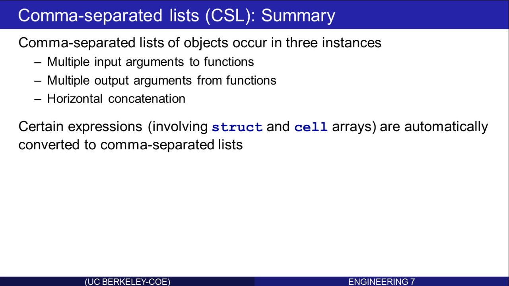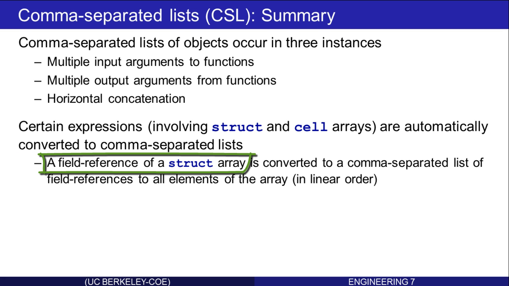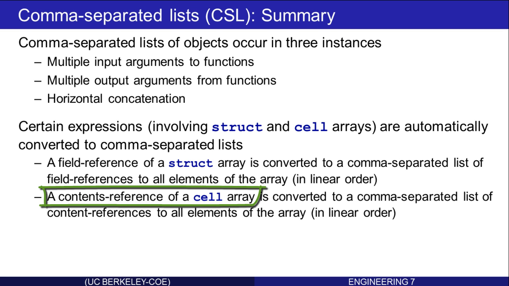Certain expressions involving cell arrays and struct arrays are automatically converted to, or can be thought of as shorthand for, comma-separated lists. A field reference of a struct array is converted to a comma-separated list of the field references to all the elements in the array. A contents reference of a cell array is converted to a comma-separated list of contents references to all the elements